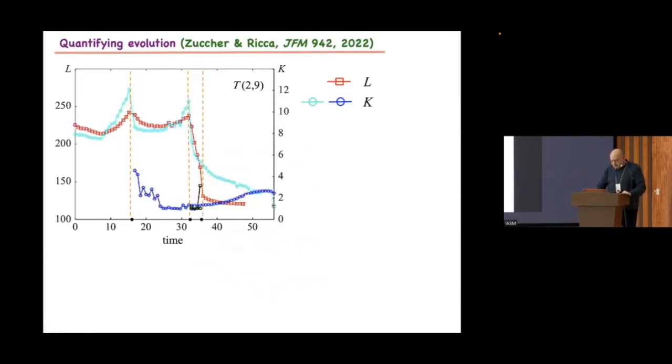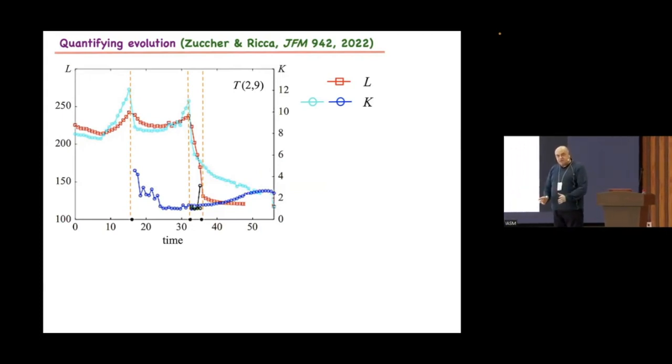Now, this is the movie. If we want to check properties, of course, it's easily done because it's in a computer. You extract your data. You have the peaks in light blue of total curvature, and you see the different rate of these peaks before and after the reconnection, denoted by these black dots. This is a signature of the irreversibility of the process, because the GPE itself, remember, is a mean field equation, so it is reversible. But the reconnections are local in space and time, so that's why.